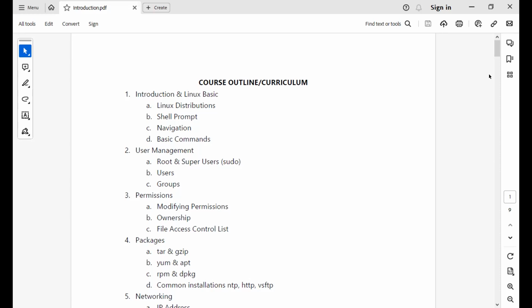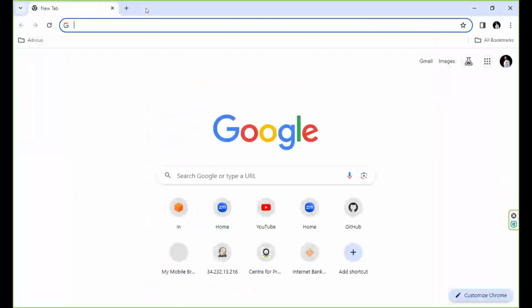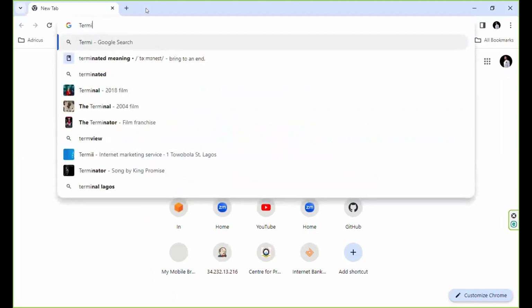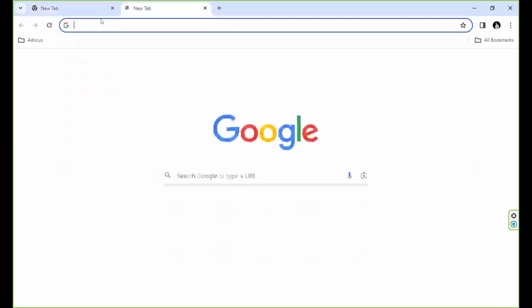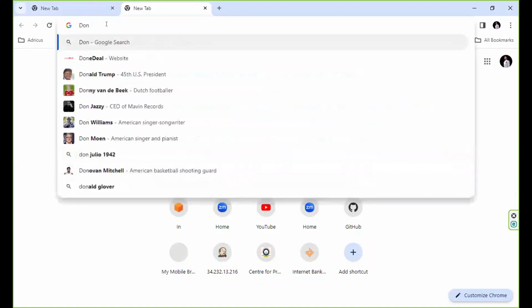Oh, SSH client. Is it MobaXterm? Can we use MobaXterm? Yeah, if you have MobaXterm, good, but MobaXterm will not work on Mac OS. So for those using MobaXterm, I assume you are using Windows. Okay? Yes, sir. But if you are using Mac OS, Termius will work on the 3, even 4 operating systems. So where should we download that? Please go to Google. Okay. Go to Google and search download